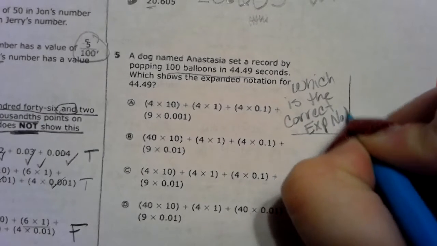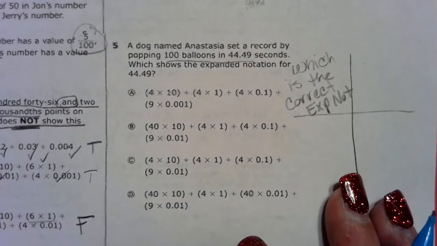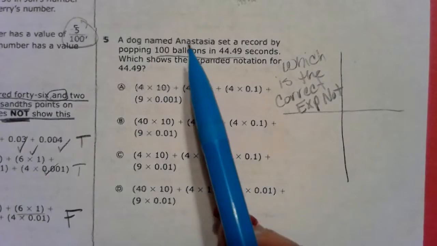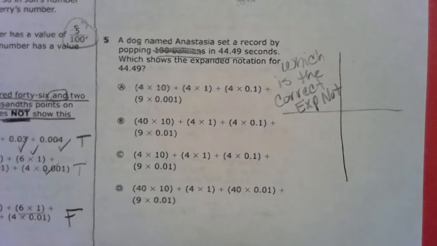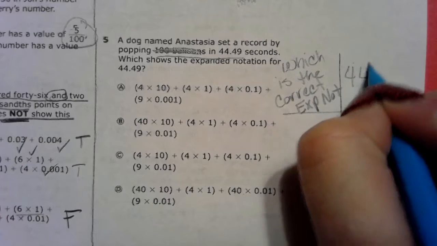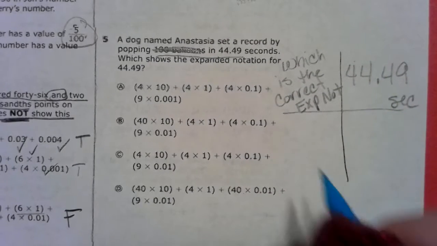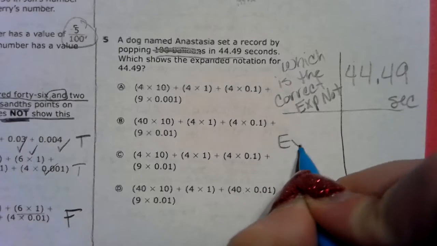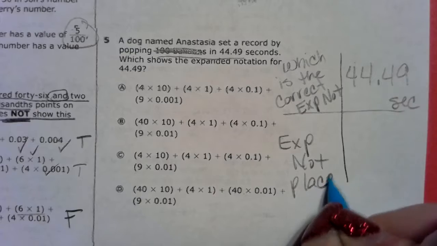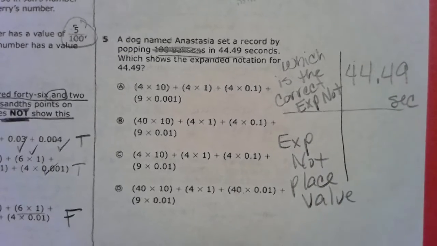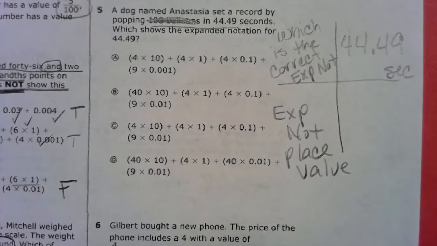expanded notation? Important information is, do I care that she popped 100 balloons? First off, I don't know why a dog is popping balloons, but I don't care that she popped 100 balloons. So that becomes not important. What I care is that she did it in 44.49 seconds. Okay? And I'm going to use expanded notation, which is my place value, to solve this. All right, so let's look at this. I'm going to write the number, and I'm going to label it